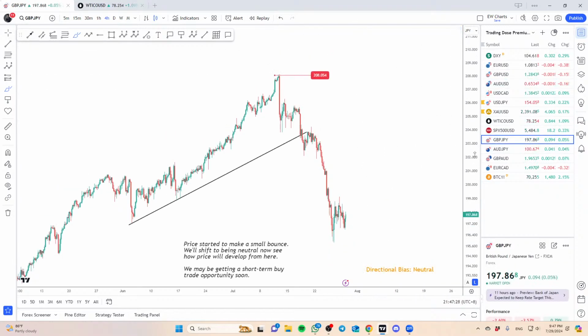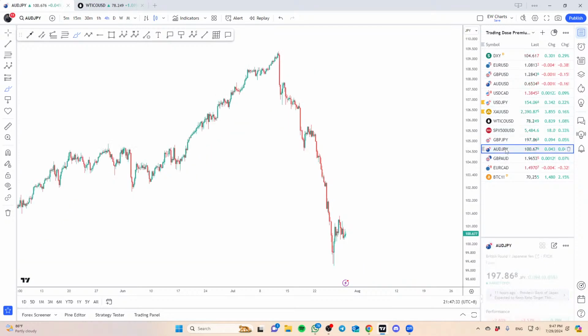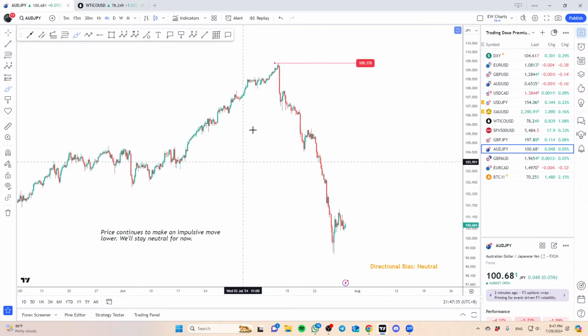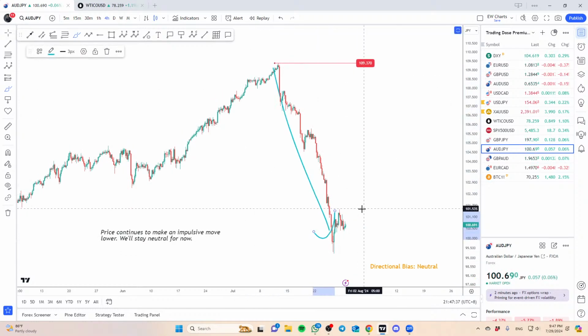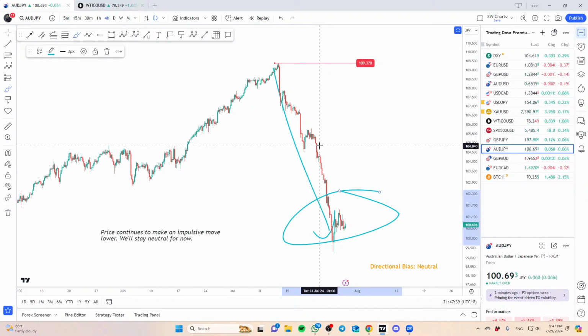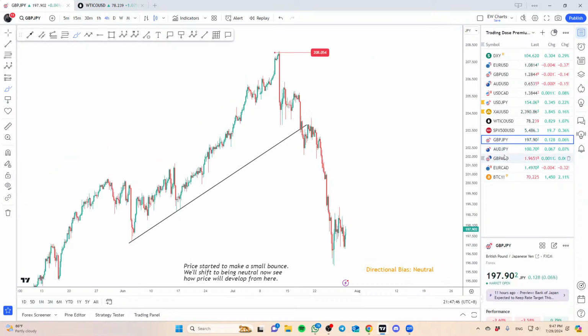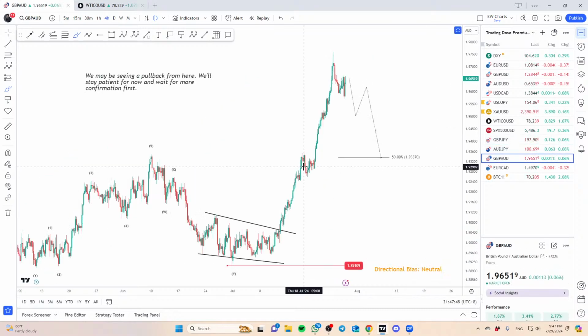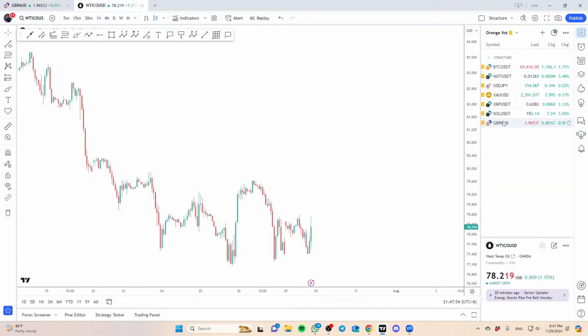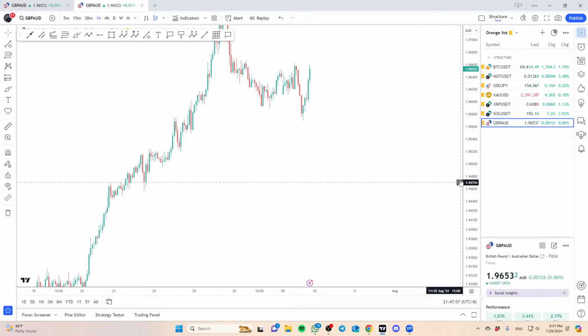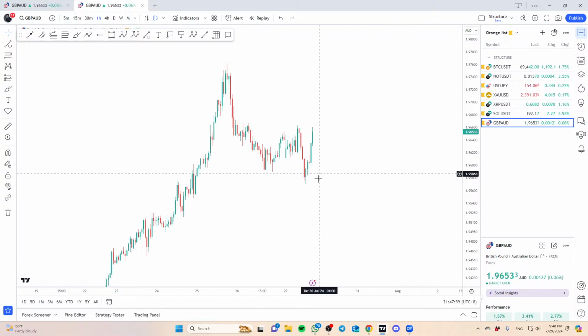The yen pairs here, I think I would focus more on the dollar yen. Pound yen, Aussie yen, nothing there. This is just one clear impulsive drop. You need to give the market some time and see what's going to develop before committing to the direction. So these two here, I'm just going to be neutral. Pound Aussie, pretty neutral as well. Give it a little bit of time, but of course, if you go down to the lower scale of things, it may build into a possible sell trade.